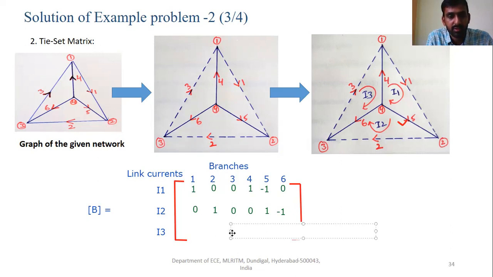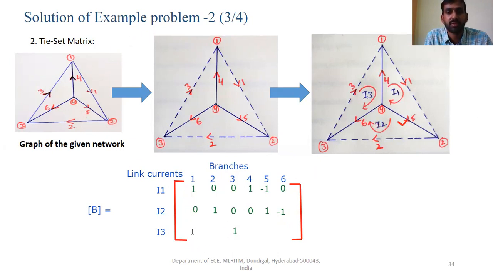Only 3, 4 and 6 are the branches forming loop number 3, so the remaining elements are going to be 0.